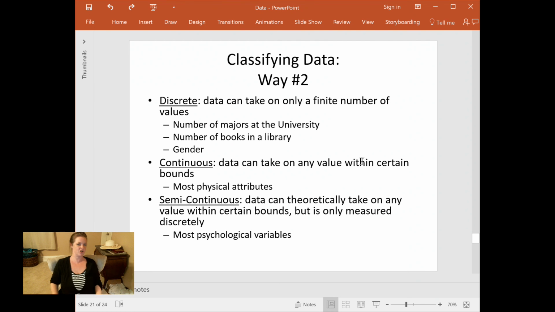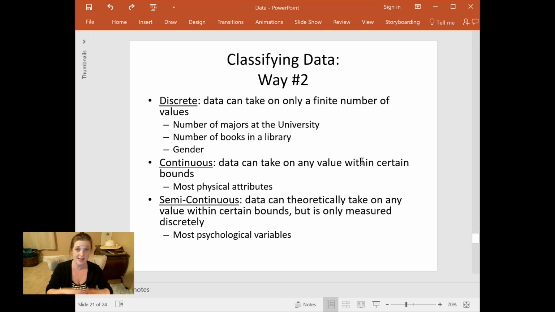And then there's this fudge factor in psychology and the other social sciences. It's called semi-continuous. And semi-continuous is not actually a real thing in statistical theory. Like in real statistics, semi-continuous, not a thing. But in psychology, we have this phrase because most of the things that social scientists, anthropologists, people who do business research, people who study people's psychological characteristics, we're really interested in these psychological variables like aggression and things that are sort of hard to pinpoint in a physical way.